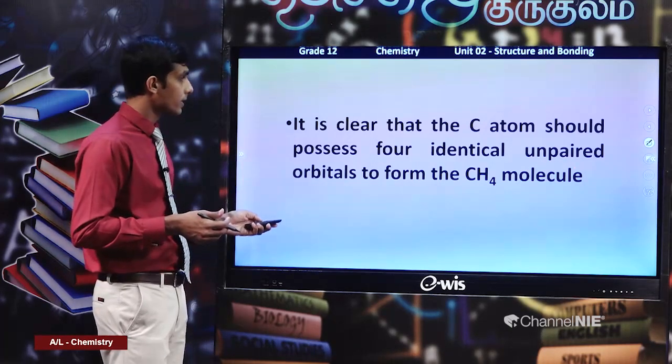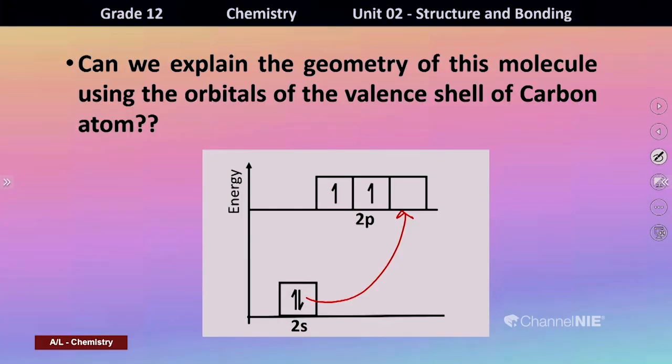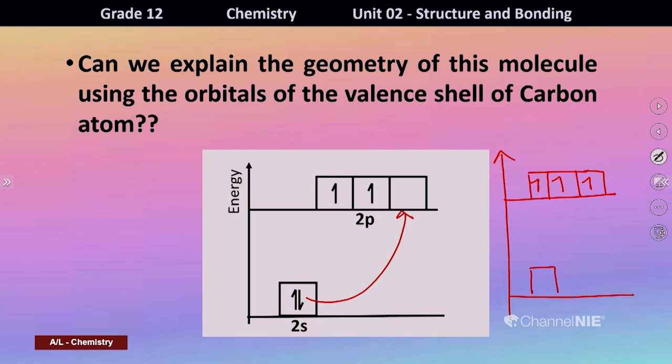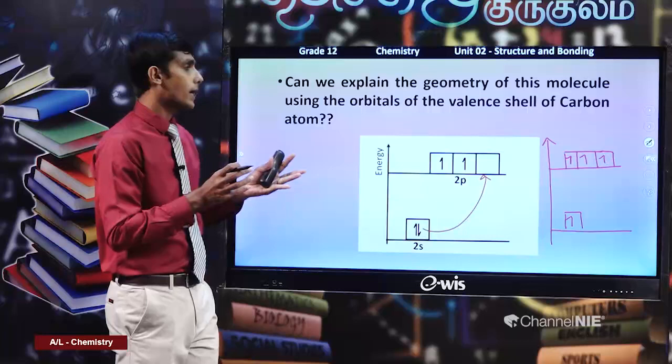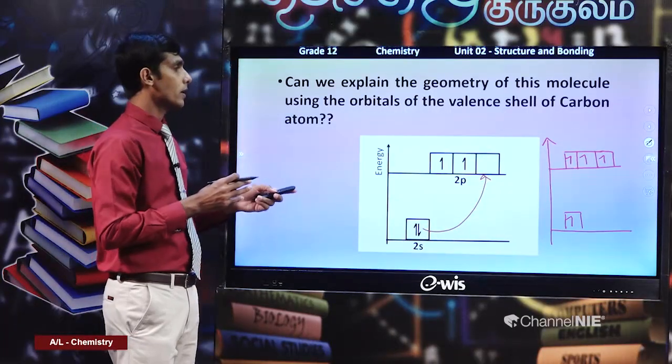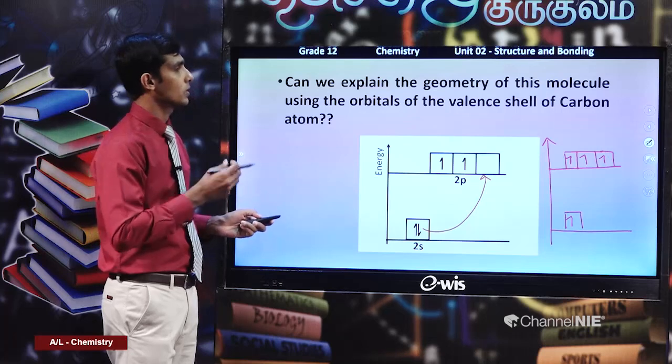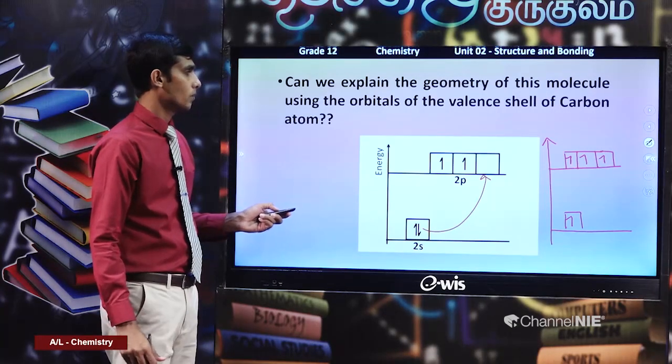Now, in this excited state carbon atom, it does not have 4 identical orbitals, because it will have 3 orbitals here, like this. So, they will have different energies and orientations, these 3 perpendicular and this one in the middle. So, they are not identical in terms of shape and energy. Therefore, at this stage it cannot form such a molecule with identical bonds.